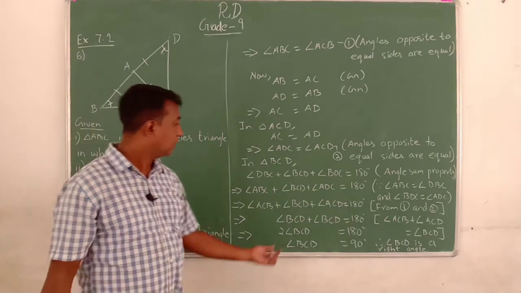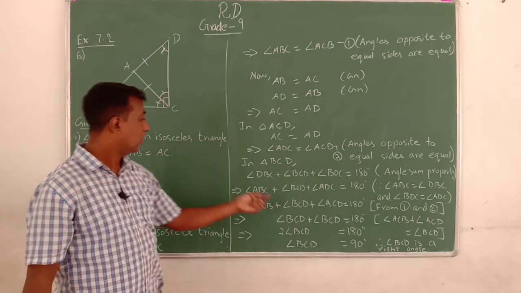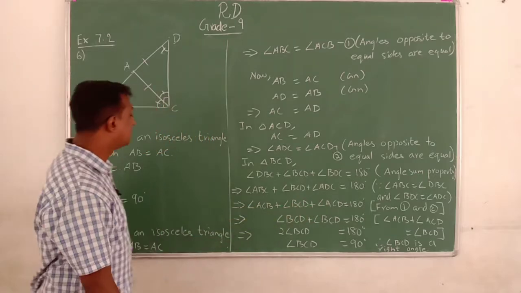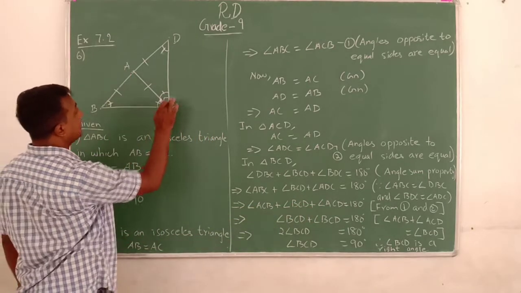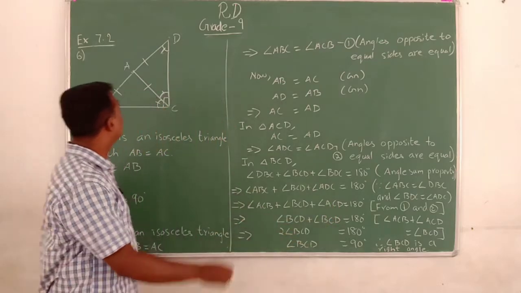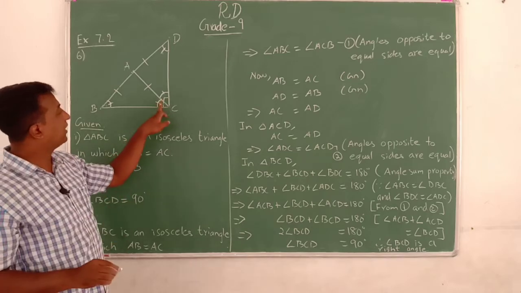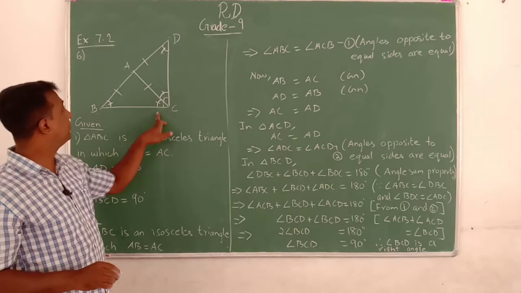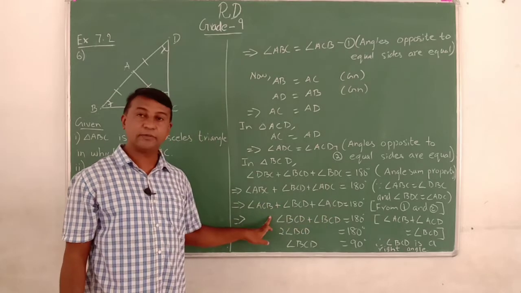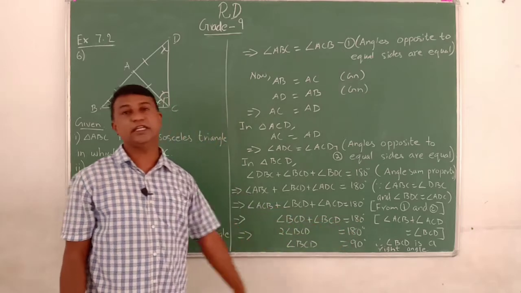So once again, now check angle BCD. BCD we will write as such. What is ACB plus ACD? See here, ACB, this part, plus ACD. Altogether when we add these two, what are you getting? It is nothing but BCD only, no? So instead of these two, I will just rename it as angle BCD, that is equal to 180 degrees.